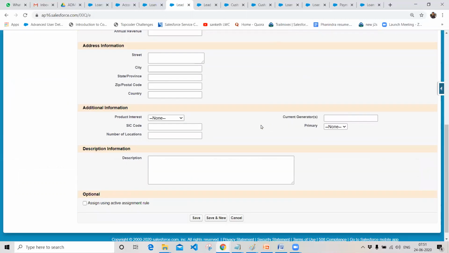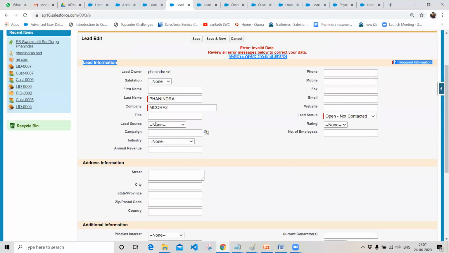It is a simple expression. It will check is blank and is null. If the value returns true, it will fire the validation message. So formula fields are something like calculating a value, whereas validation rules will validate the expression and check whether the condition is true. If it is true, it will throw an error message. If it is false, it will not throw an error message.